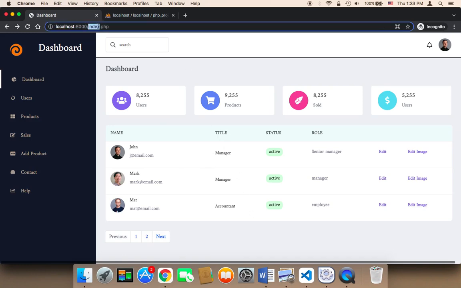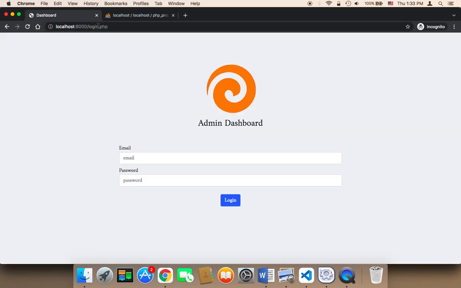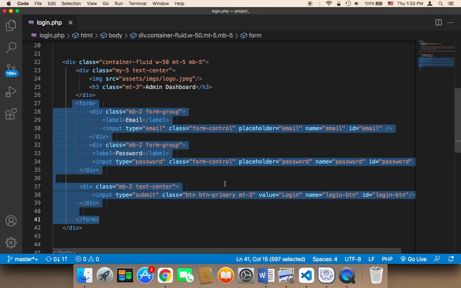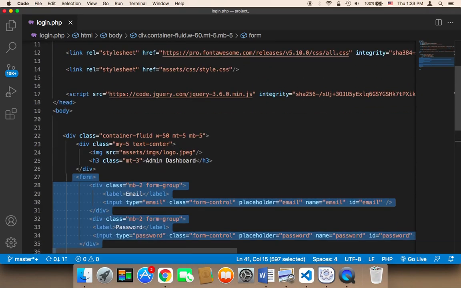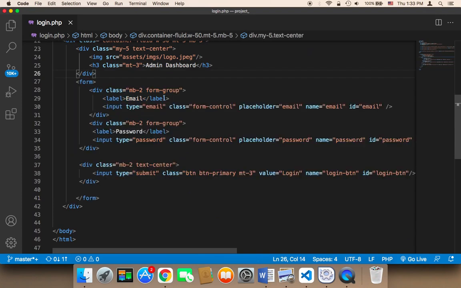So let me show you the login page. This is the login.php. So we always need to send the admin to this page unless they log in. If they are logged in, then we can give them access. So to work on the login, the first step is that we need to work on this